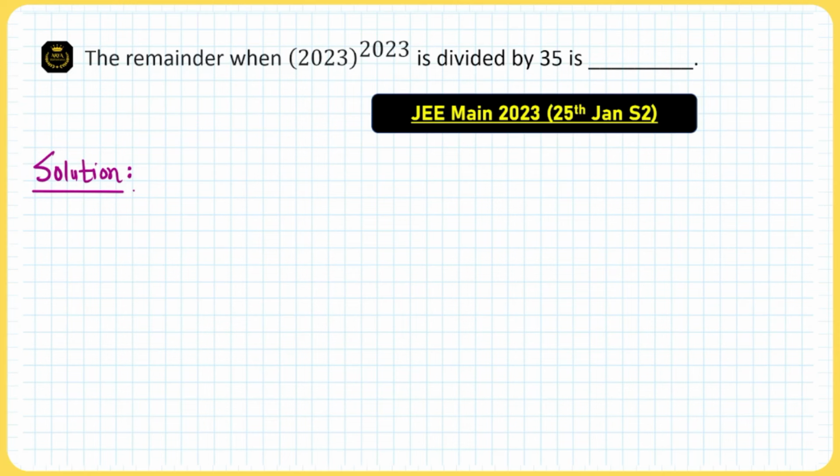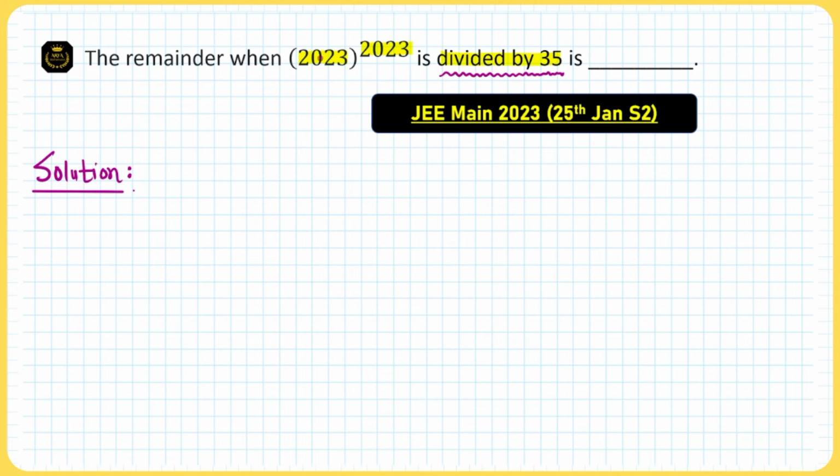The remainder when 2023 raised to the power 2023 is divided by 35 is. Now this question was asked in JEE Main 2023 and is a very interesting problem from binomial theorem. Generally, if you see problems on remainder calculation, you will find that the number with which you are